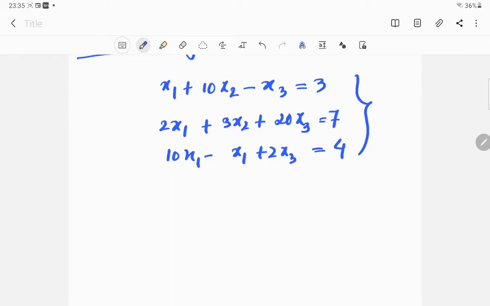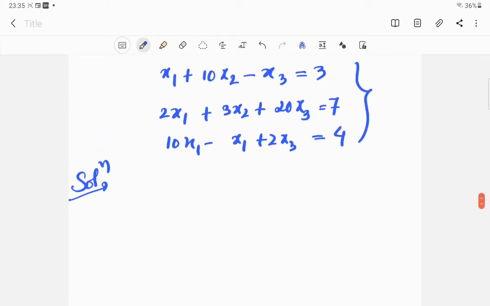Okay, so what does it mean? The first thing we are going to do for this, remember that this method is only for the Gauss elimination method. It is not applicable for other methods. There is another method called the Gauss-Jordan method. In that case their procedure is different. We will also solve that one, but the Gauss elimination method is a separate method, so we are specifically going to do that method only right now.